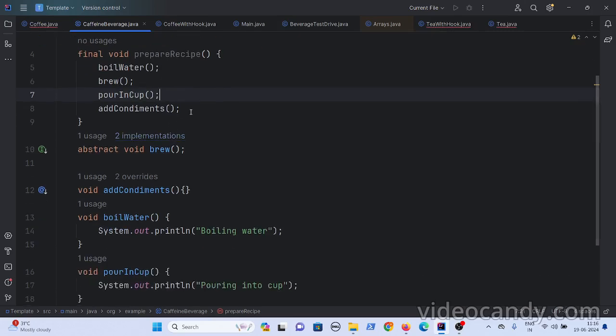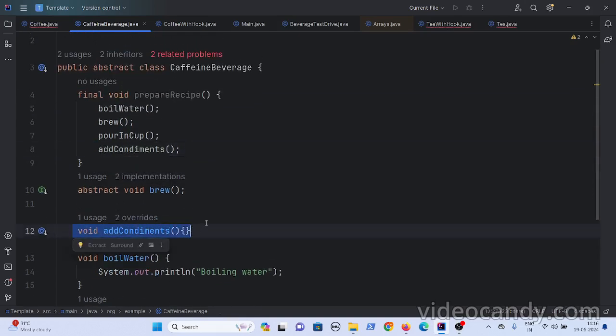So you might get a doubt: why add condiments here at all? You can remove it. But if you remove it, and people want to add condiments, they might go and add them at the first step itself, which is not appropriate, right? So if condiments have to be added, they have to be added at the end. But adding condiments can be a step. So in that case, what you can do is provide an empty implementation. With an empty implementation, by default nothing would be added.